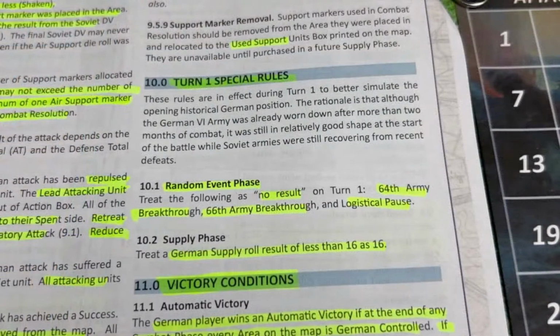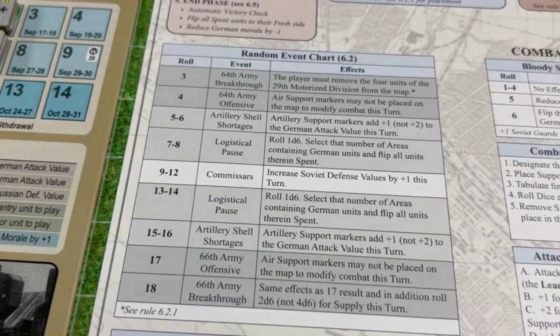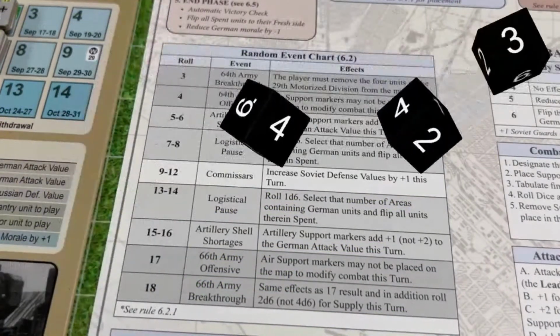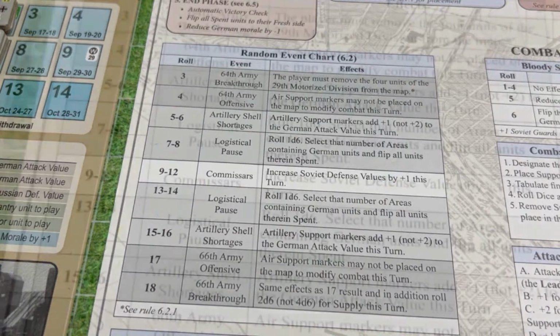You see there that in the random events phase, the 64th Army breakthrough and 66th Army breakthrough events and logistical pause don't apply in the first turn. So if we roll any of those, it's a no event. So let's get back to the random events table, and we roll 3 d6s. And the roll is an 8. So an 8 here produces